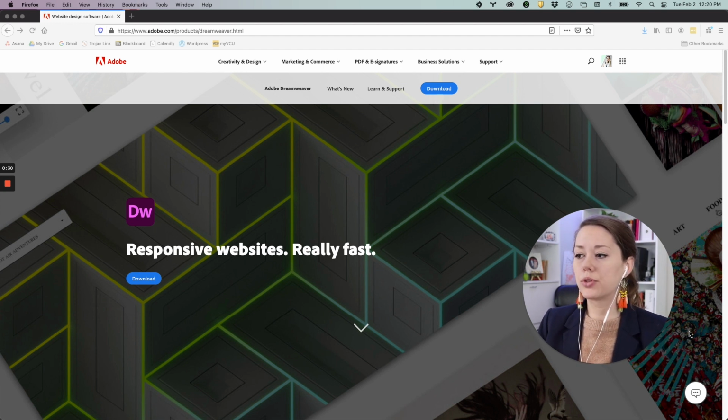So we are going to use Dreamweaver today. There are several code writing pieces of software out there, and so you're welcome to use what you like. We are just writing lines of code, so we're not using any visual editors in order to move around elements or anything like that. We are going to use Dreamweaver just because I'm a Creative Suite user. It's what I kind of grew up designing websites in. But that said, we're not going to use the visual aspects of Dreamweaver. We're just going to use it as a code writing tool. So all that said, make sure that you get your Dreamweaver software from your Adobe Creative Cloud subscription, and make